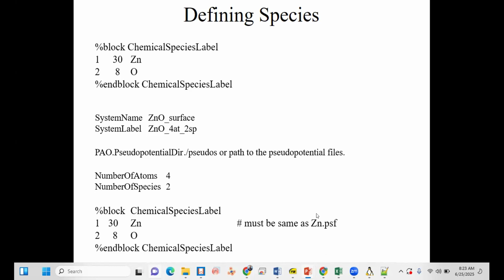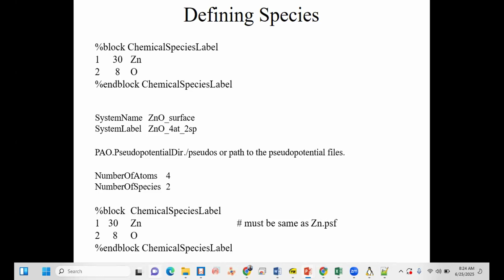I also wrote here that it must be the same as the zinc PSF. If you look at your PSF file name and it is written zinc, then it must be zinc. If it is written oxygen, then this should be O. If it is oxygen.psf, then it must be oxygen.